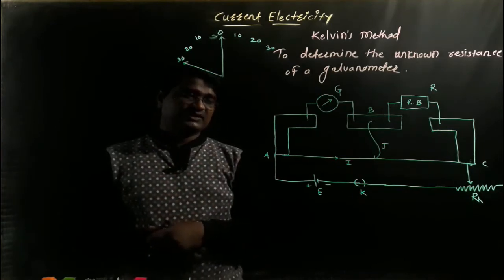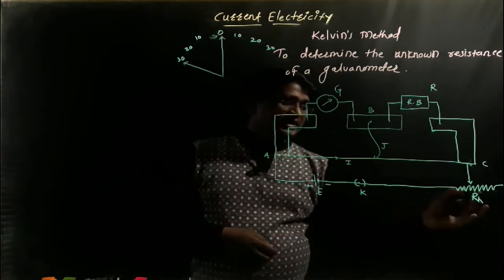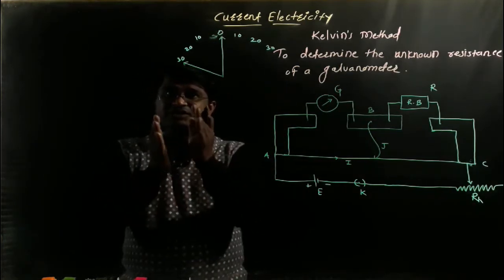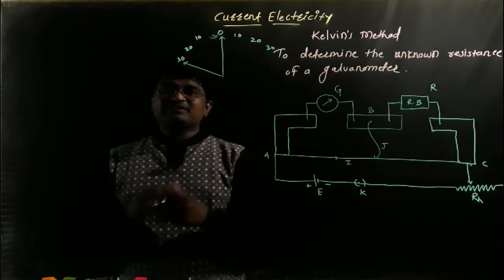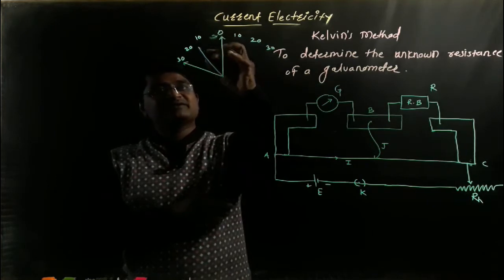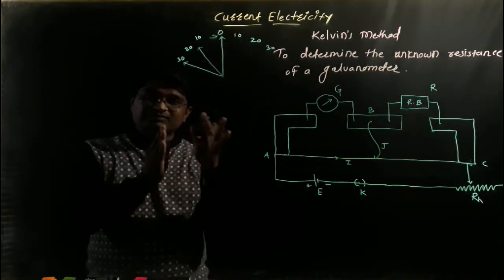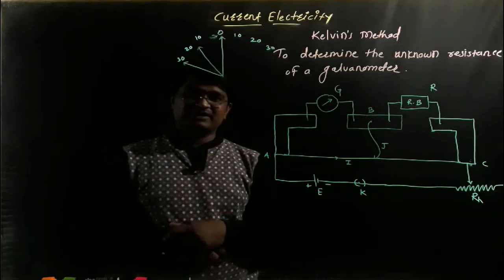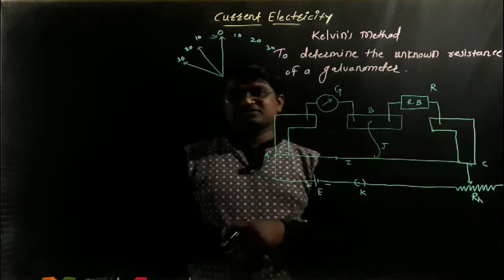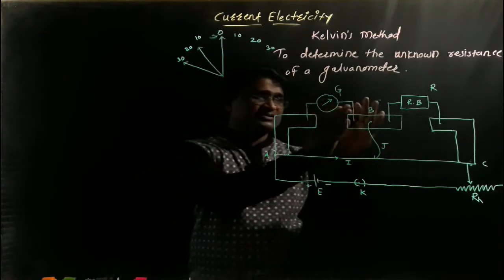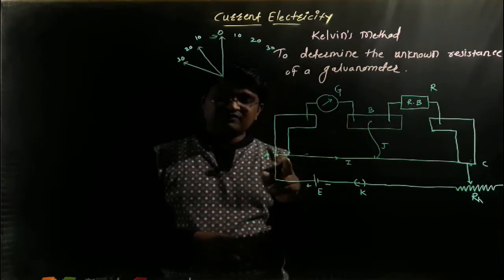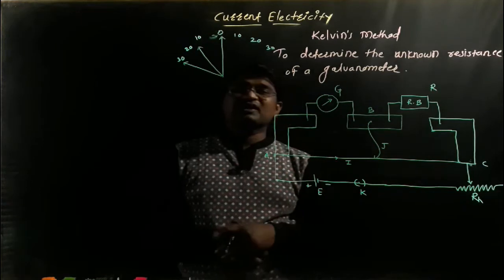If the key is closed, we observe the deflection of the galvanometer in one direction. After that, we adjust the rheostat to get a suitable deflection of the galvanometer, near about 2/3 deflection, such that the deflection will be reversed. Then we give a suitable resistance in the resistance box, and touch the jockey at point A, and after that at point C.